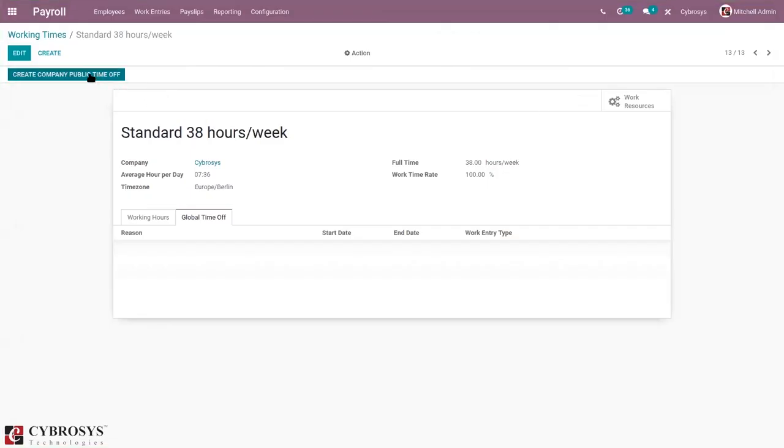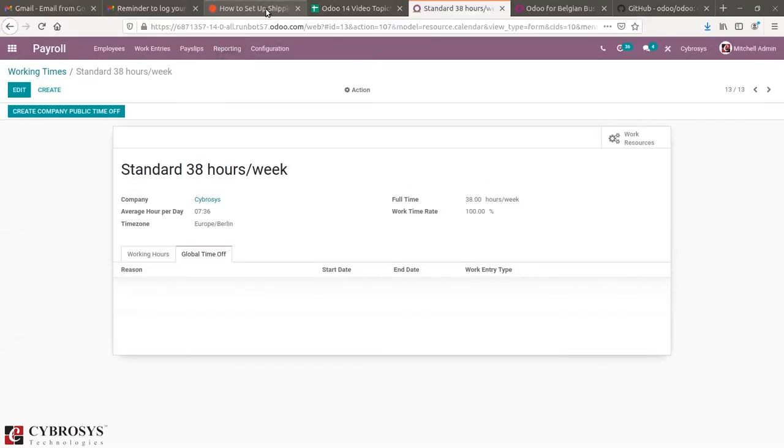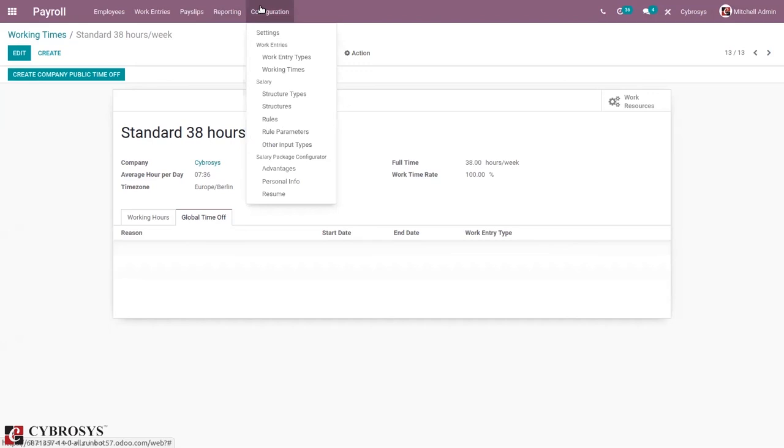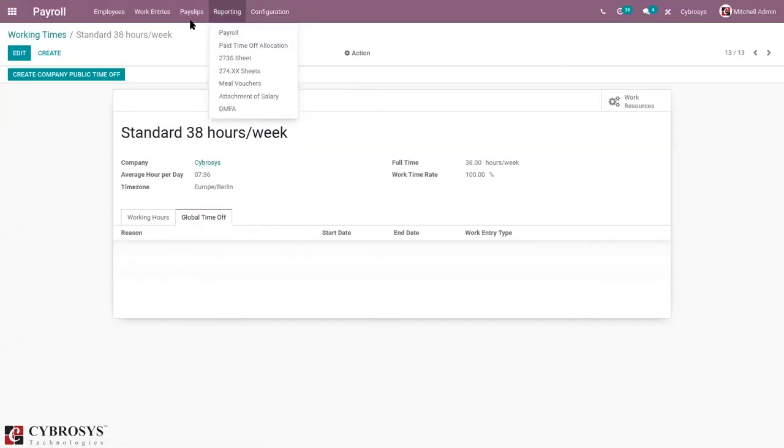By clicking on the button create company public time off, we can create a global time off for a company. Okay, so these are the options available in Belgian payroll.